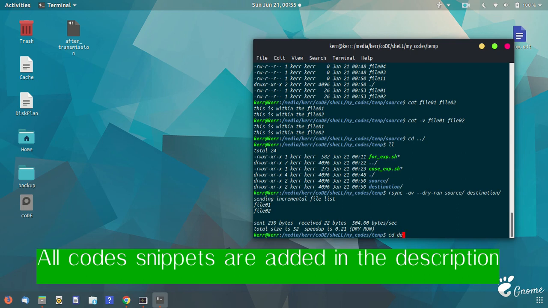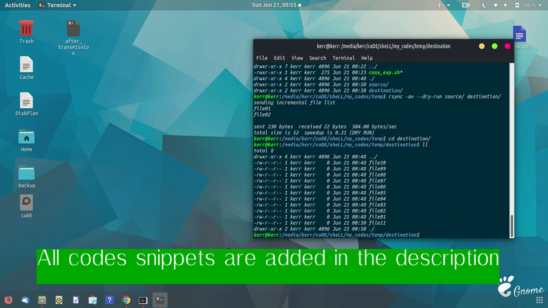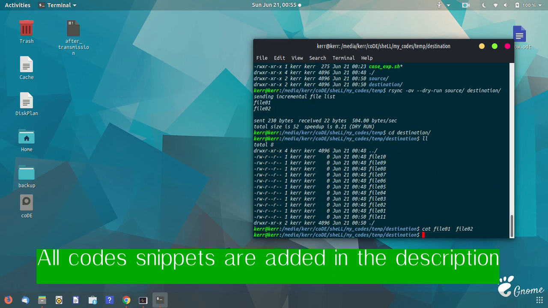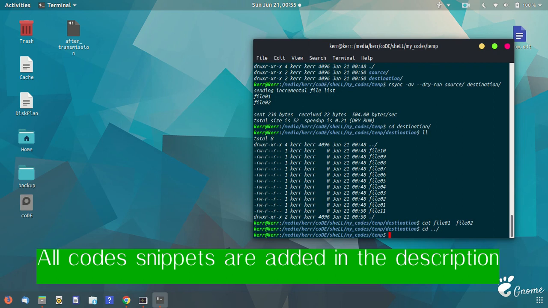So we can also check the content of these two files in the destination. Nothing is being written, so we are pretty sure that nothing has changed because we ran it with the rsync dry run option. Now we will just remove that dry run.